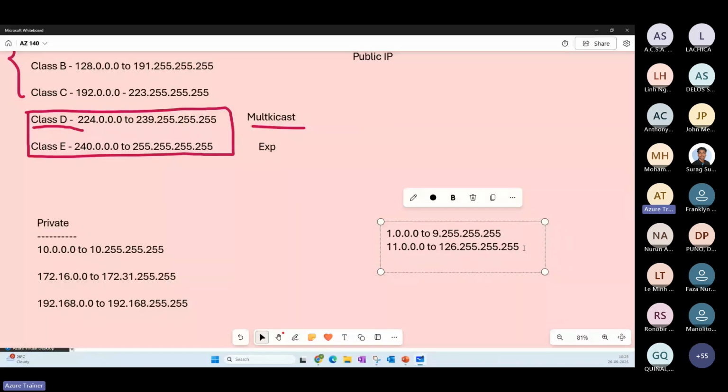You can see here, if you use it on the cloud, it's like 11 dot here. Onto the cloud, it's like 11 dot here, and it's like 128.0.0.0 to